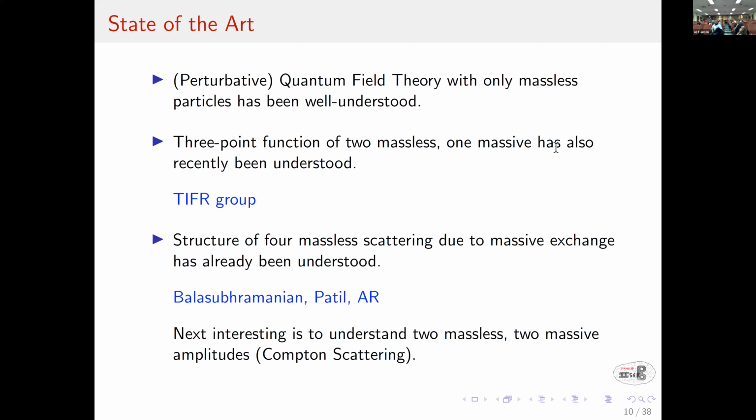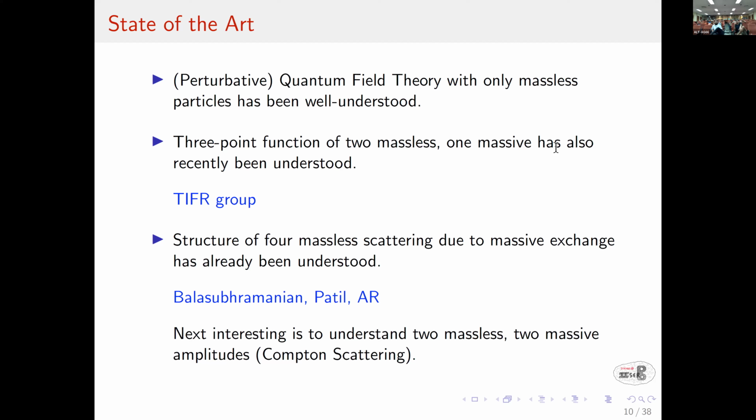So the next non-trivial thing would be to do 2 massless, 2 massive, which I will call Compton scattering. That will be the scope of this talk. But the conclusion is that massless high spin particles have to have trivial interactions. Higher spin particles will have trivial interaction, but if it has spin 1 or spin 2, then we have good theories like Yang-Mills. So this work is for 2 photons and a higher spin particle, and 2 gravitons and a higher spin particle, not exotic spin 3 or something.